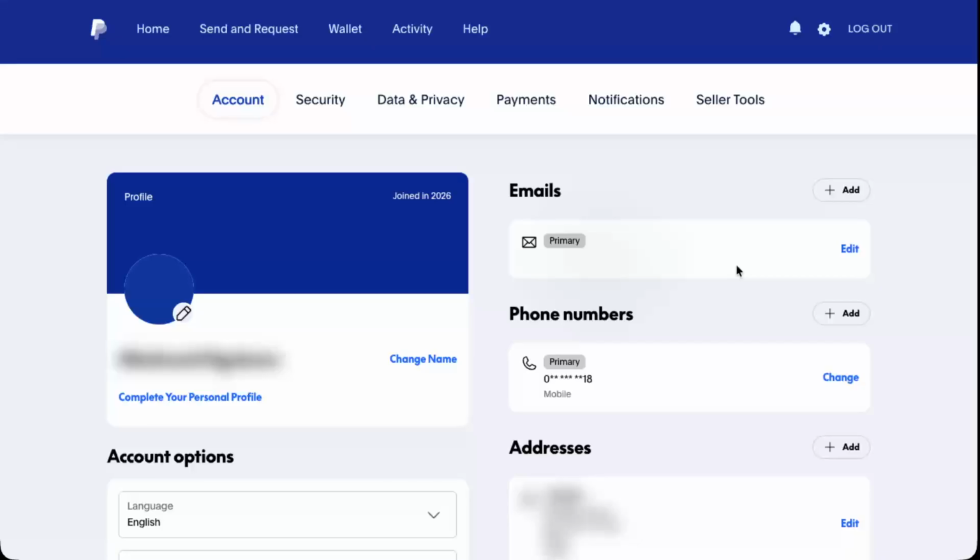So to summarize, you log in, go to your dashboard, click the gear icon in the top right, and then check for the upgrade message or review the type of information shown in your settings. Those clues will tell you whether your PayPal